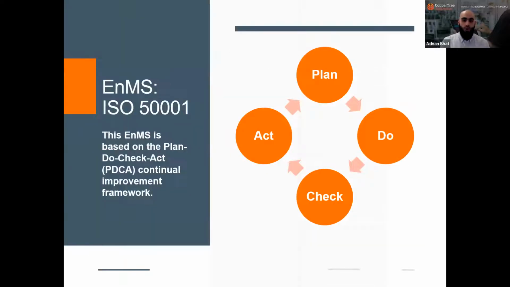So ISO 50001 provides requirements for a systematic, data-driven, and facts-based process, focusing on continuous improvement of energy performance. The ENMS described in ISO 50001 is based on the Plan, Do, Check, Act continual improvement framework, and it incorporates energy management into existing organizational practices. And speaking about continuous